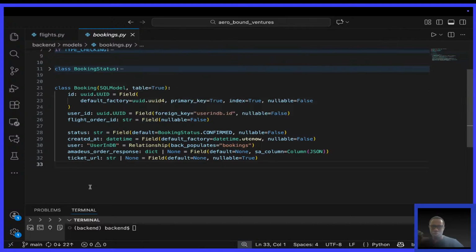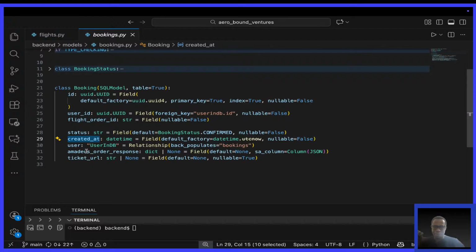So what we may need to display is maybe the booking ID, maybe even truncate it on the front end if necessary. The user who booked, probably their email. But actually, I don't think there's even need to display their email because on the booking page, one's data is going to be displayed. So there's no need to see that. Okay. So maybe the ID of the booking, the status, when it was booked,